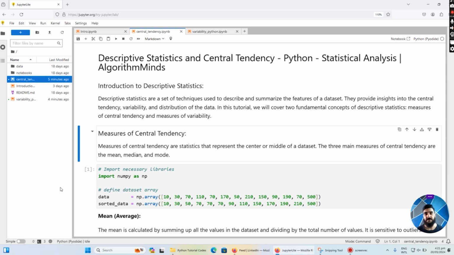As I have discussed earlier, I am going to produce a series of videos on the topic of statistical analysis in Python. So in today's lecture, we are going to discuss statistical analysis, and particularly the fundamental concept here, which is descriptive statistics and central tendency. So to give you an idea about descriptive statistics,